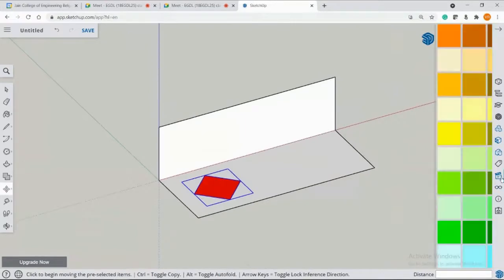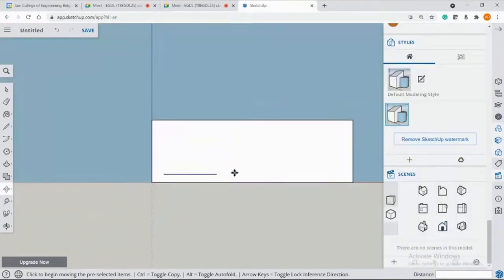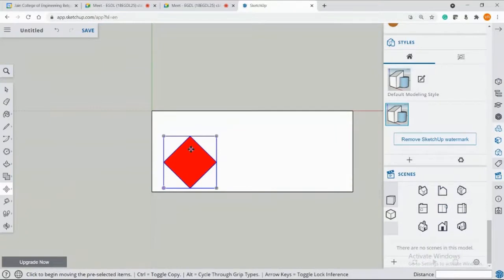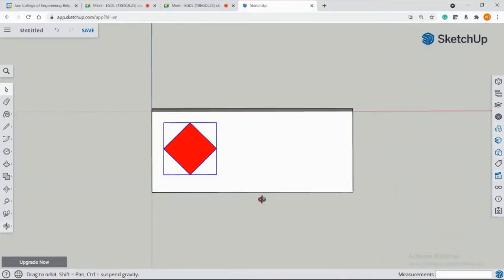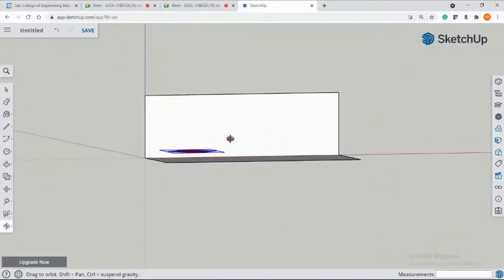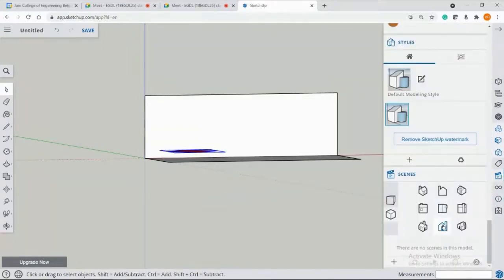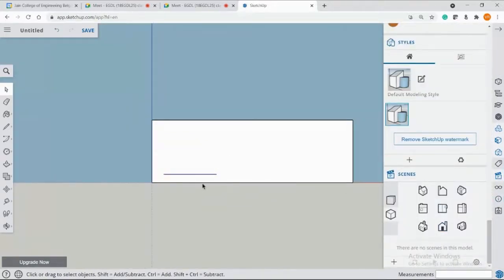When you see the views, this is your front view and this is your top view. Let me move this a little here. I'm just placing it a little above, but when you're drawing it, you have to place it exactly on the horizontal plane, and your front view will be on the XY line. It will not be above the XY line.